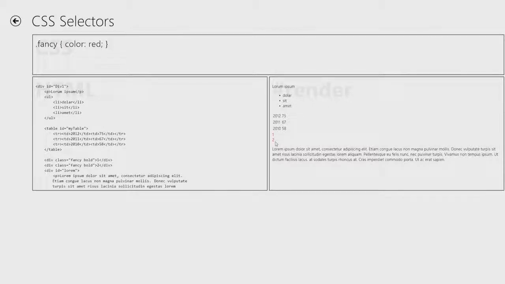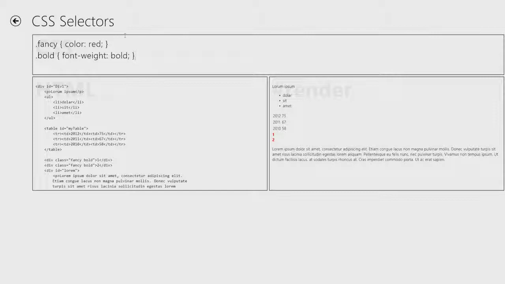And now you can see in our render results that both of those divs have taken that style property. They've both gotten the color of red. Let's add another one, and let's say I want to use bold. I'm going to use bold. Now, both the red and the bold are applying to those two divs because I've applied two different style rules, both